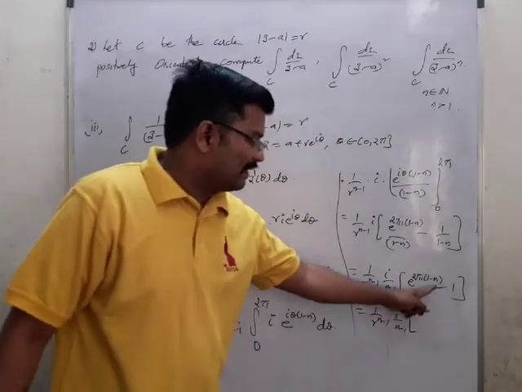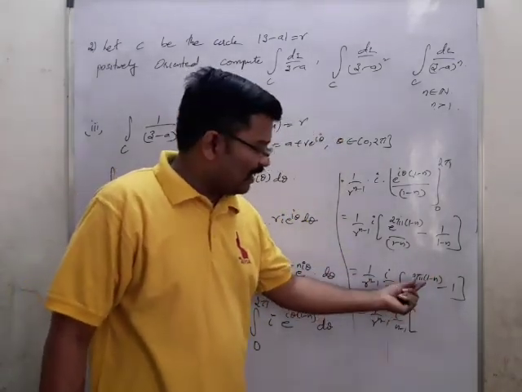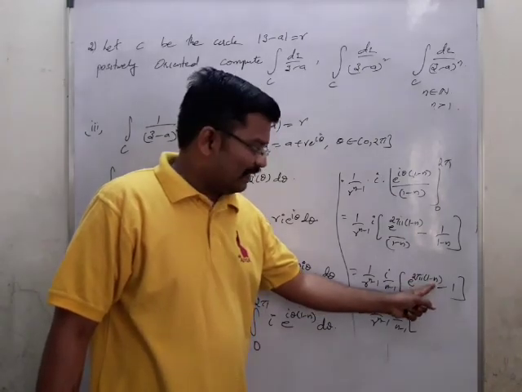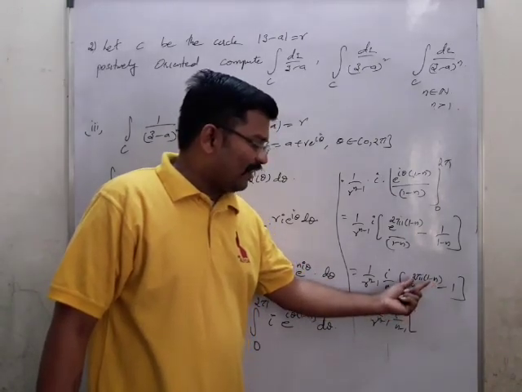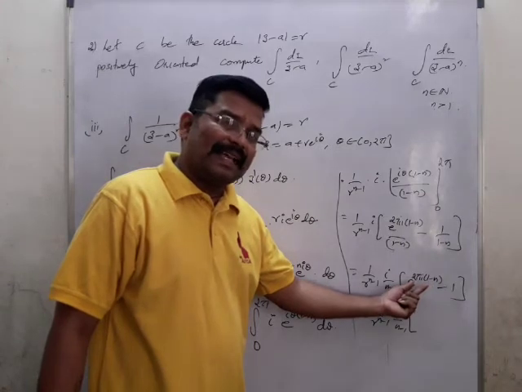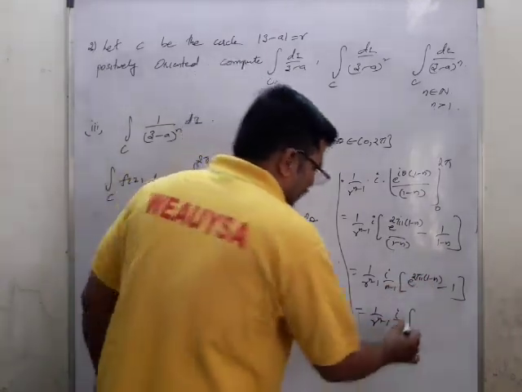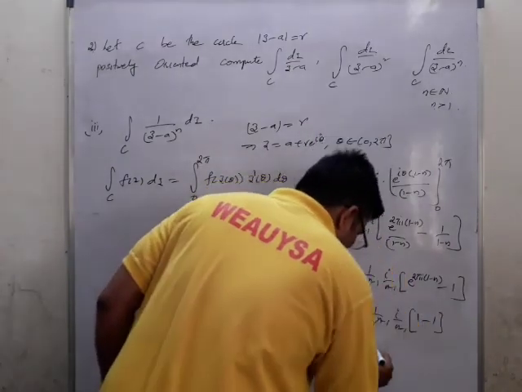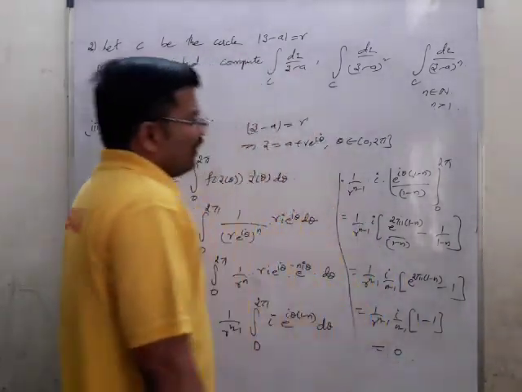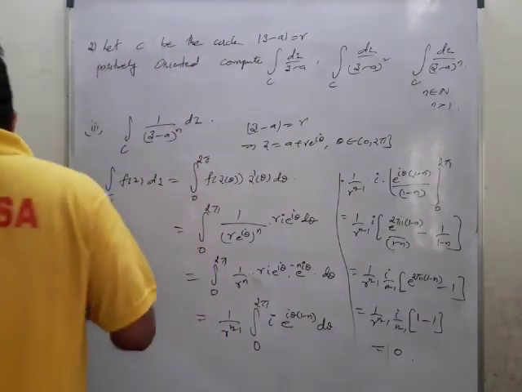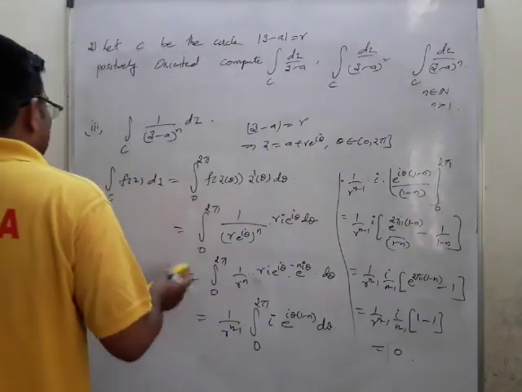This is again 1, because cos 2 pi is 1; it depends upon the value of n. Then you may apply cos 2 pi plus i sin 2 pi for 1 minus n. Then you will get again 1 minus 1, so this also will be 0. So entire thing is 0. For n greater than 1, it's always nothing but 0.